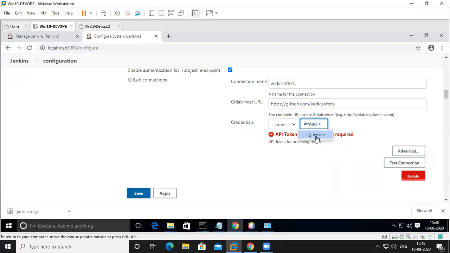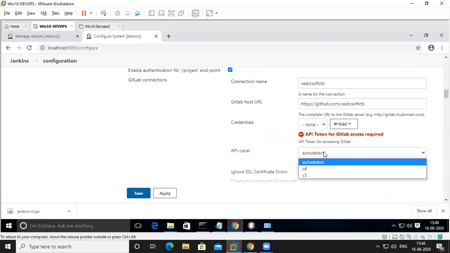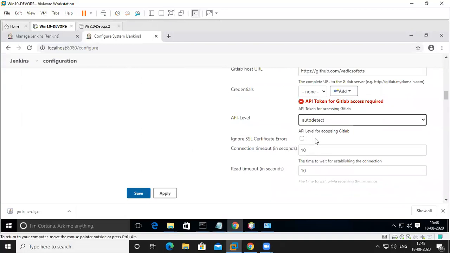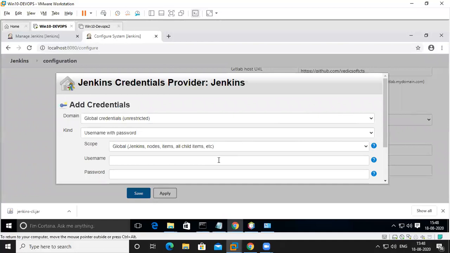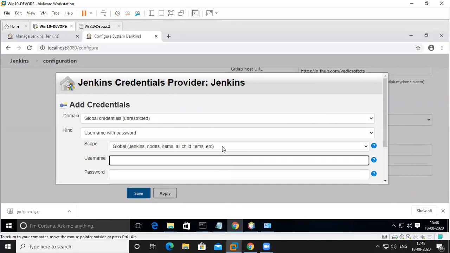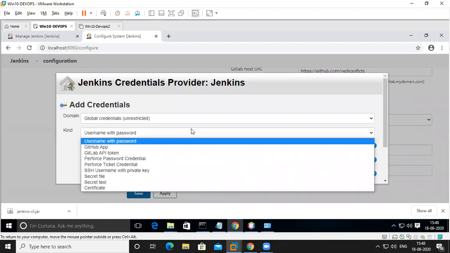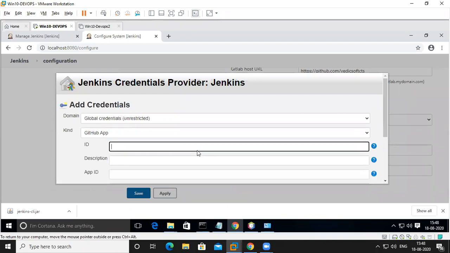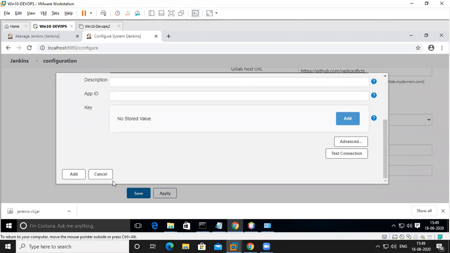Okay, it is asking... no, we don't require this token thing. It is asking so many things.